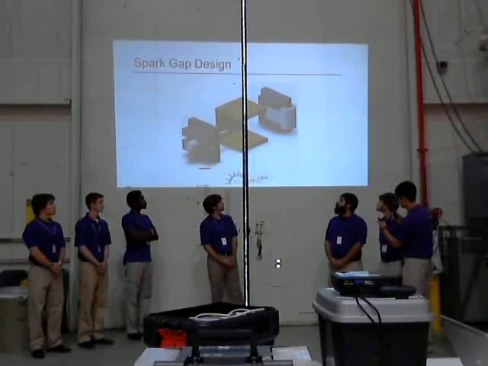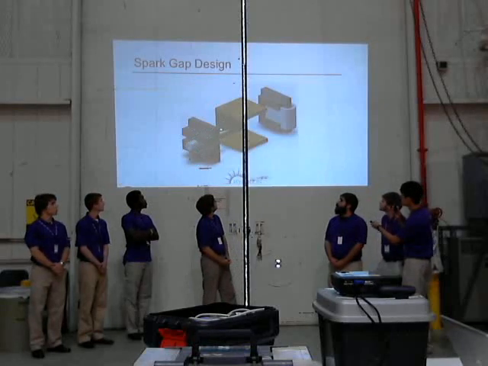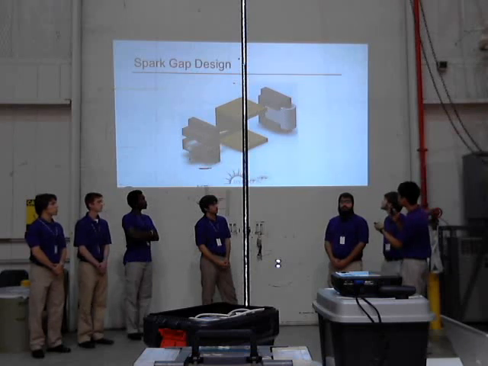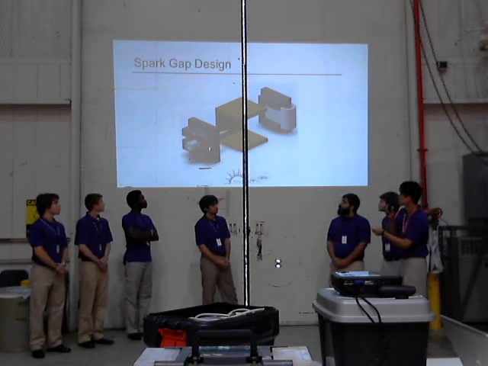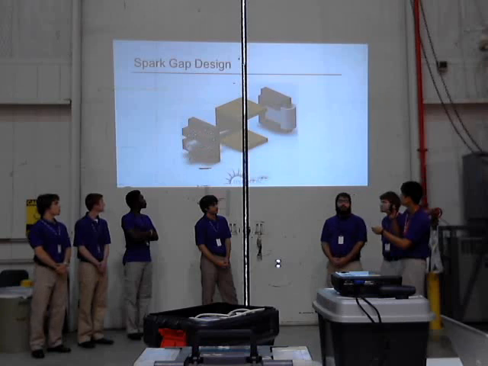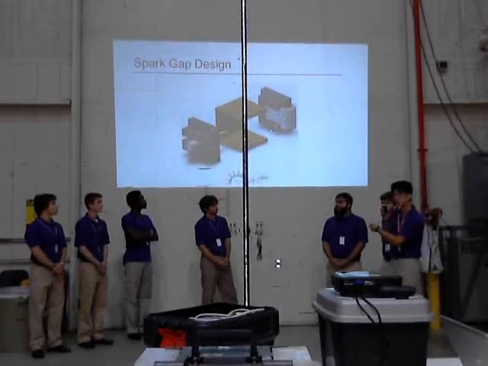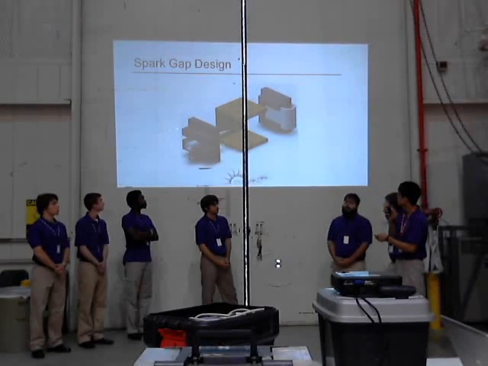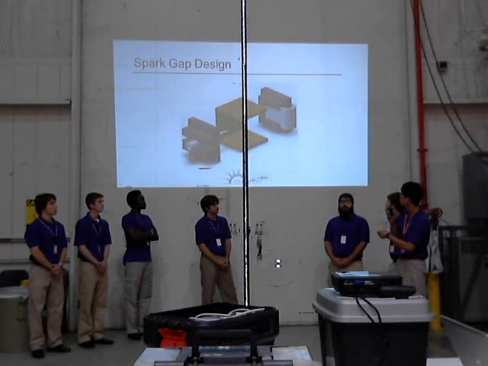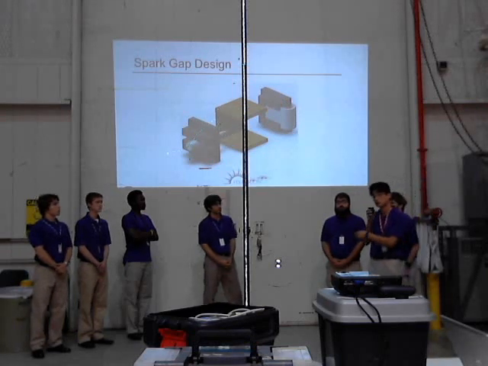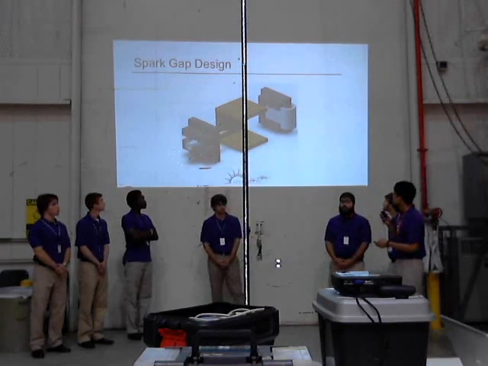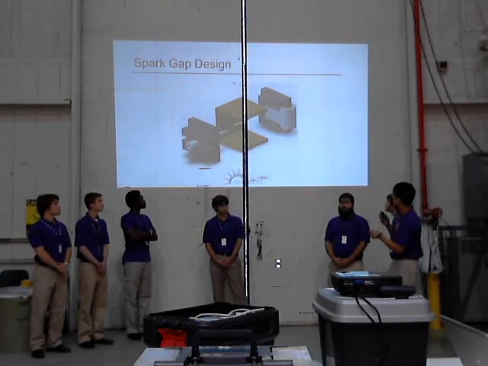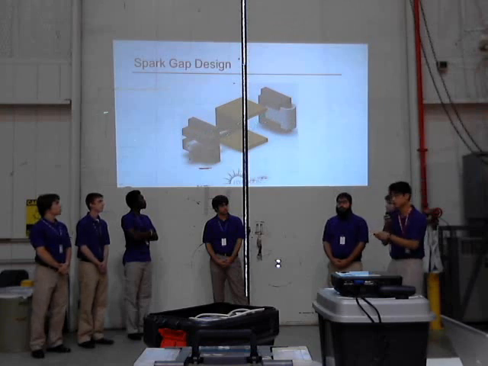So here you can see the point, and we just use a nickel cadmium soldering tip and an aluminum plane. This is going to be gripped down with just some screws, and these two pieces are actually made of epoxy potting material. So it would be insulating the high voltage on either side of it, and there would be no current running through the middle of the body, which will be covered later on. This side would have the positive voltage, and this is the negative voltage, and the current would just run through, and it would spark through here.